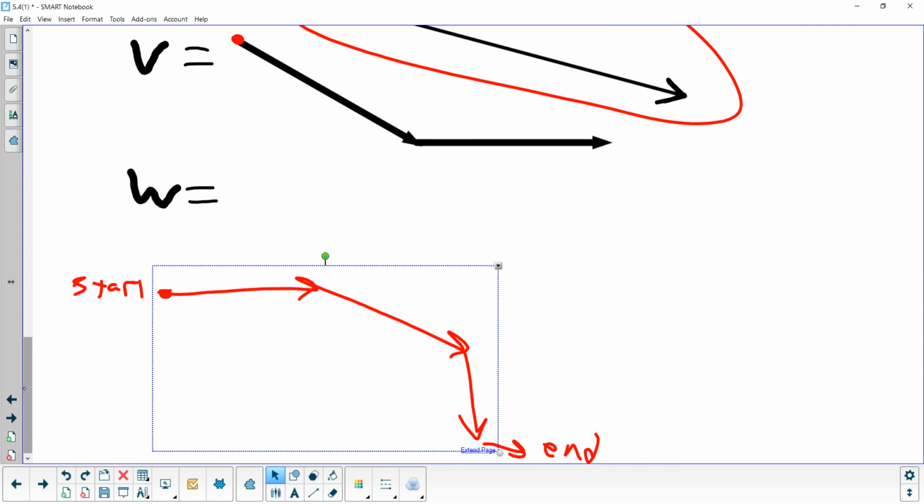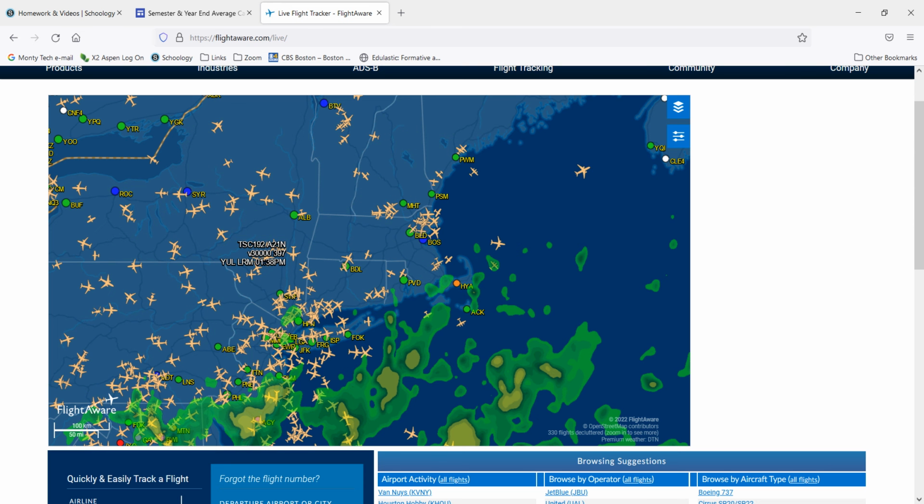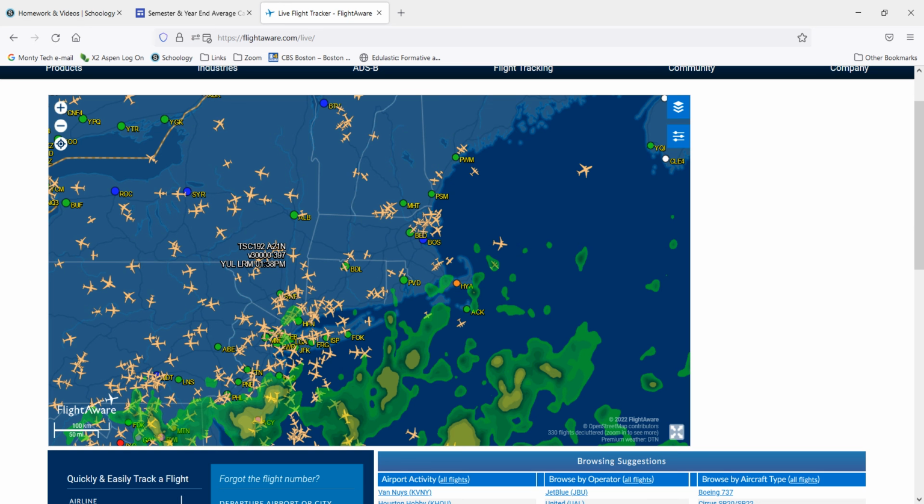All right. So something you might see that would involve more numbers, if you think about all these different planes, it's a live view of the different planes that are in flight right now, they all have magnitudes and directions. The magnitude is how fast the plane is going. The direction is, well, the direction that it's flying. So if I click on any one of these planes,